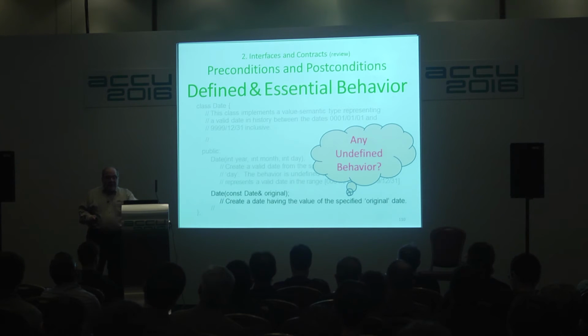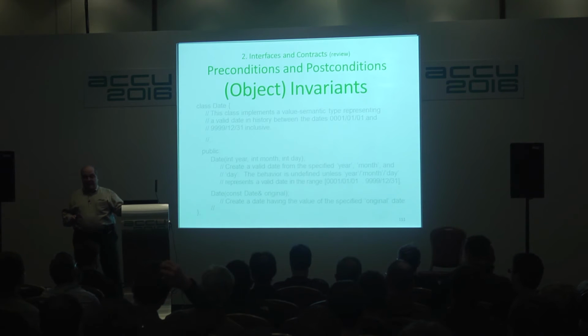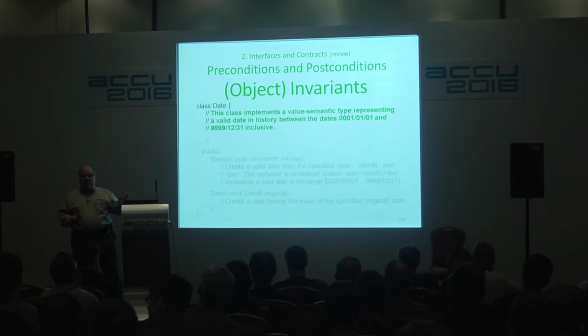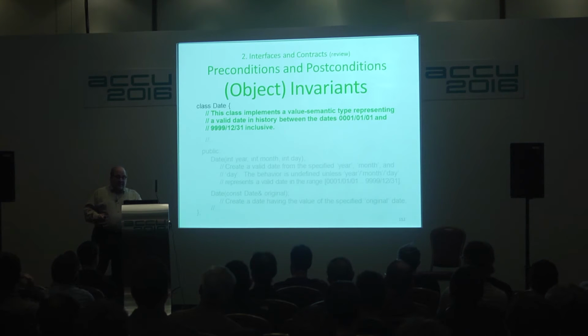Anyway, the point here is that we have an invariant on the object. And the invariant is that this object will represent a valid date. It will. That's what will happen. And the interesting question here, and keep in mind that this is library software, it is not facing an intoxicated front-end user, right? We're dealing with people who presumably are calling things properly. So, given this,